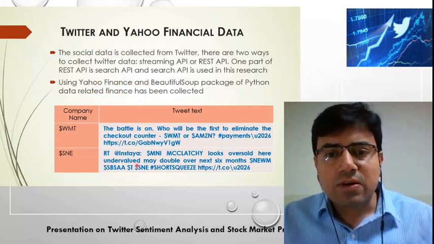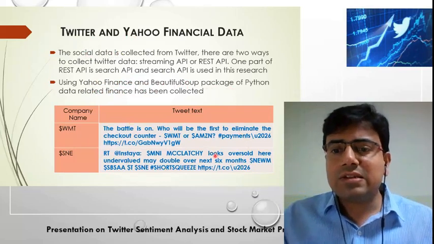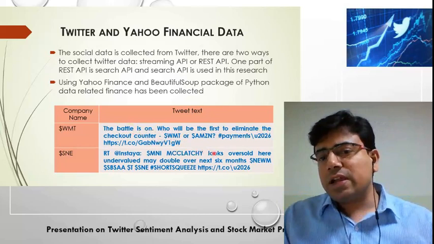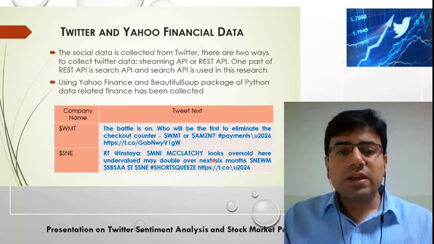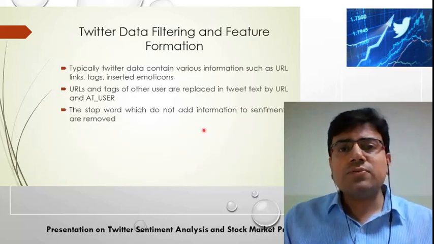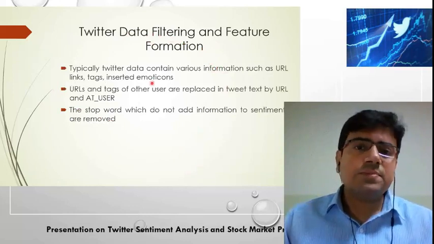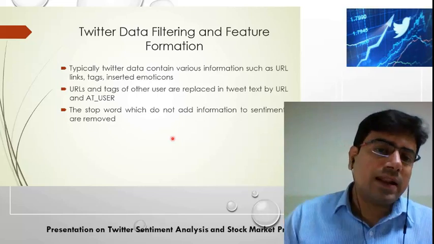This is an example of how the text from a tweet looks. It consists of the main text part along with some hashtags. A URL may also be present, some numbers may be inserted in this particular text, and so on. Therefore, it is important for us to perform the filtering. Data filtering and pre-processing forms the first step in sentiment analysis.